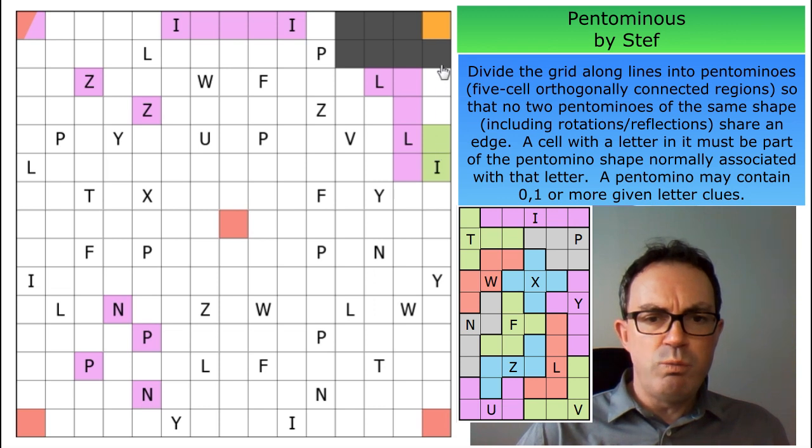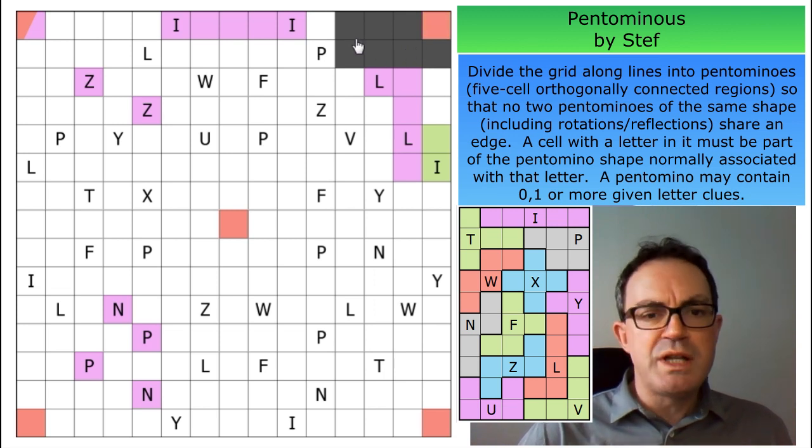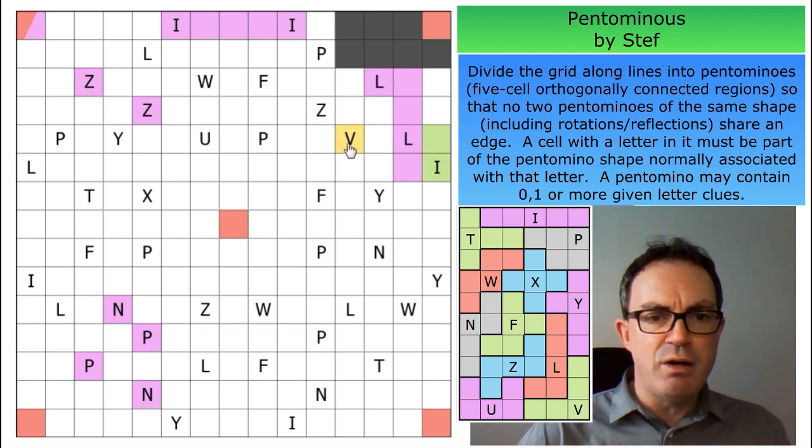So we could get 1 with I, 4 with this one, and then we've got to get 2 squares of it with other pentominoes. But V can't reach, F can't reach, Z can, Z could take 2,